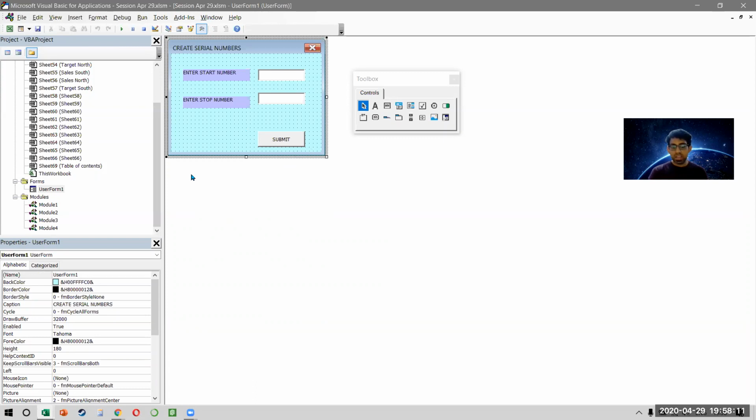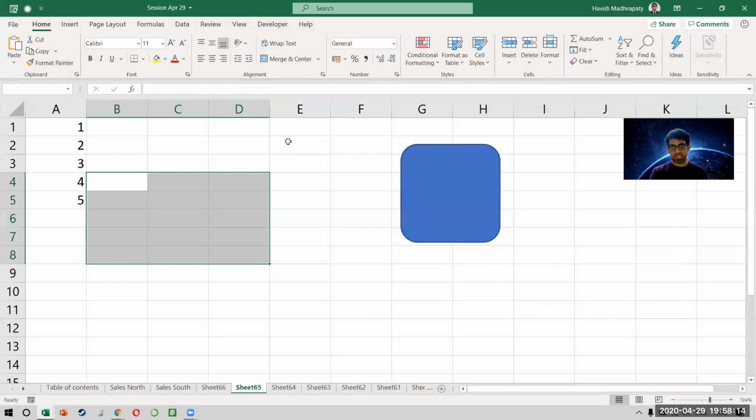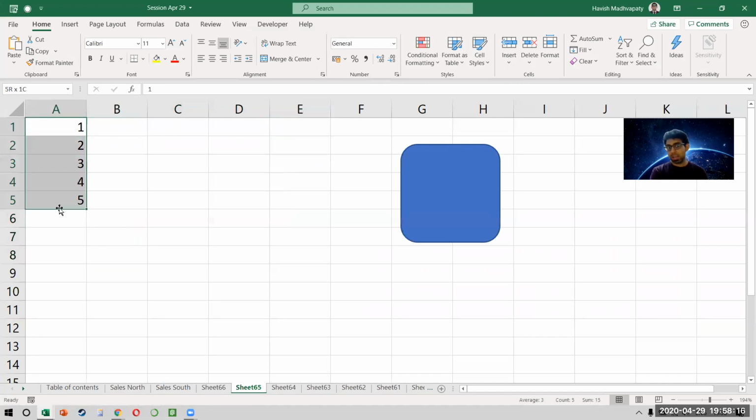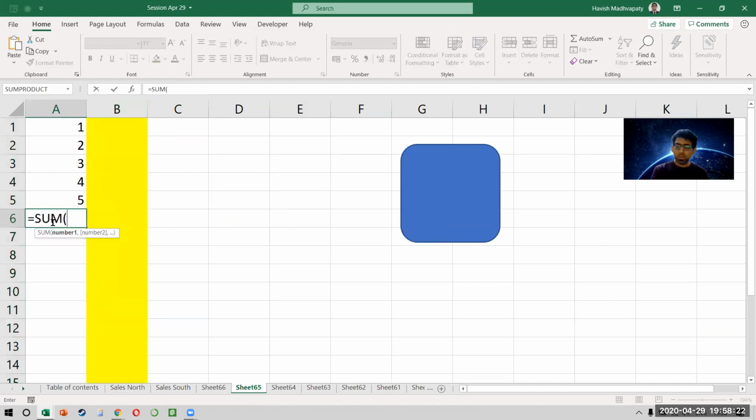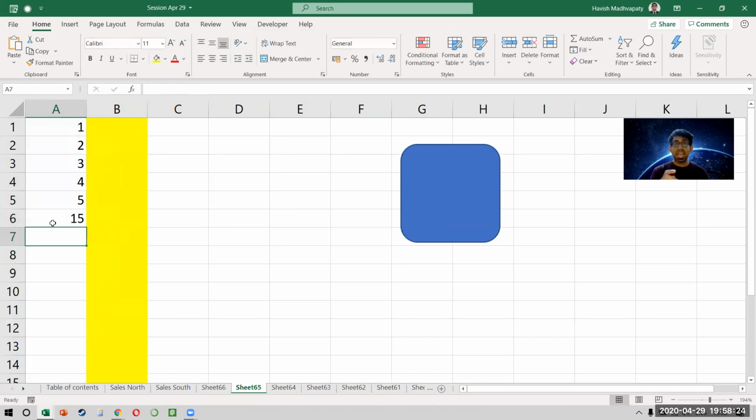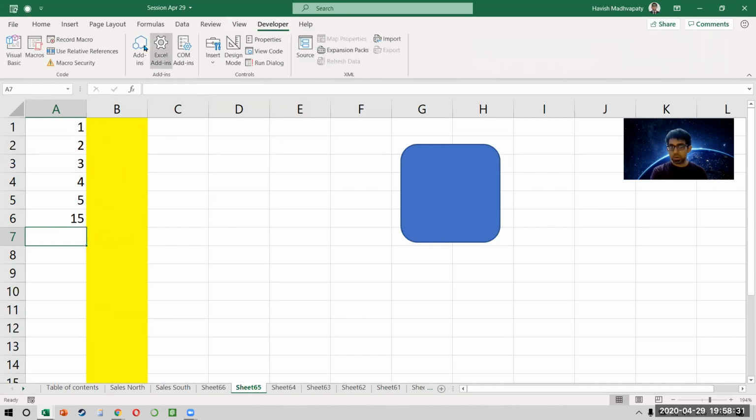Because if I ask you that on a sheet, I did some tasks. For example, I put 1, I made 1 to 5, then I selected column B, I changed the color, and then I went at the end and I put a sum function. Now, why am I doing all these tasks every single time? Why don't I record these actions so I can perform the same action next time? This button is called record macro.